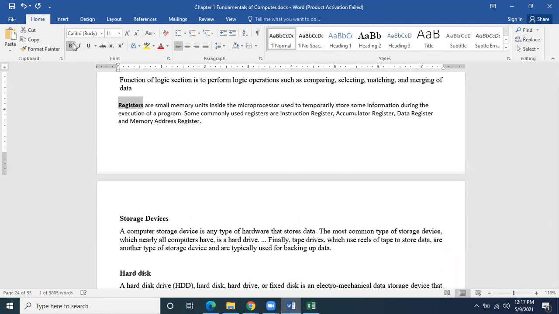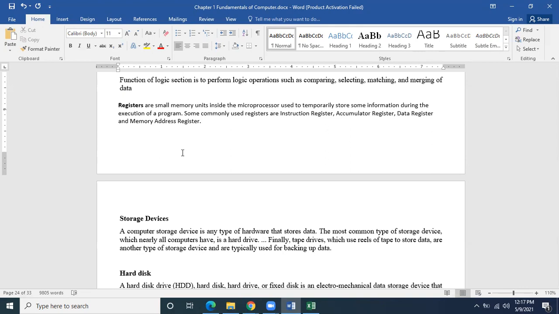Their names are mentioned, so this can come in a short question: instruction register, accumulator register, data register, memory buffer register. Apart from these, others are also there. These are small memory units inside the CPU, which hold the data and instructions during processing, but they hold them temporarily.